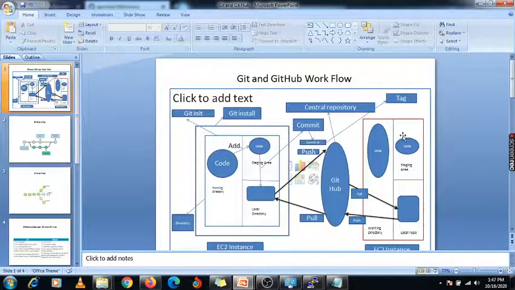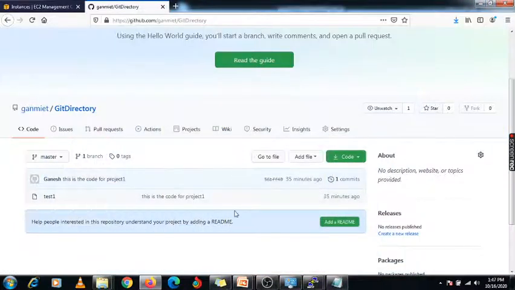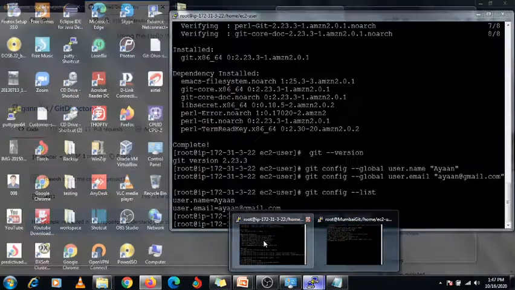Now in our remote location, that is my remote location, another user is working on the same code. So first you need to check what code is updated and what code is available inside this central repository. First he will pull it. So I need to use another command in my other region.